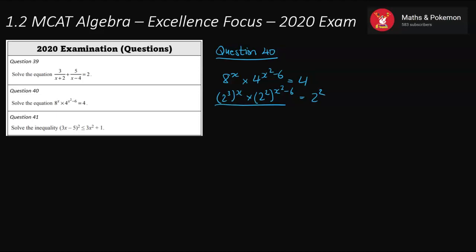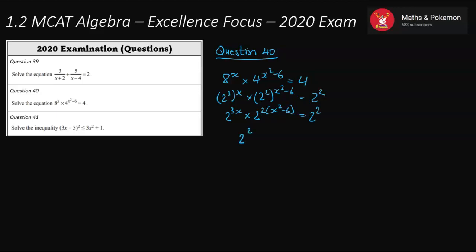Simplifying the left-hand side is where all the work's going to be. So we're going to expand the brackets by multiplying. So 2 to the power of 3x times 2 to the power of 2 bracket the second power equals 2 to the power of 2x. Adding together the powers, I won't bother simplifying this bracketed part at this stage, but we're going to have 2